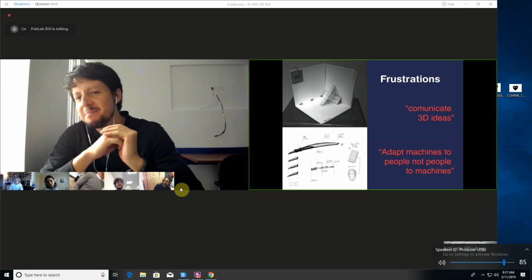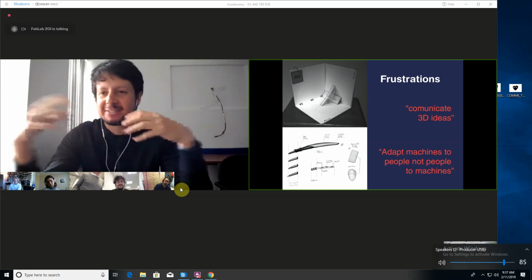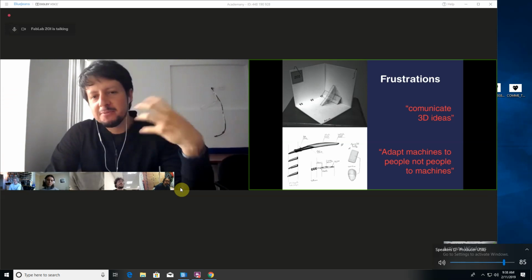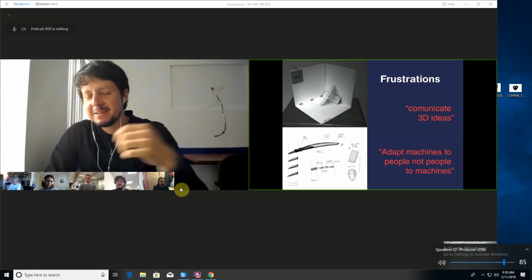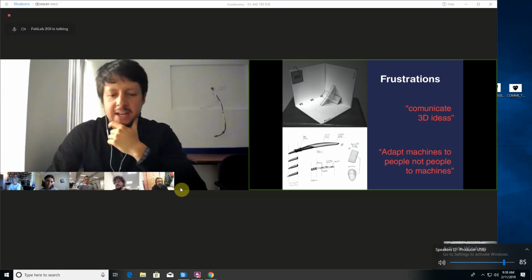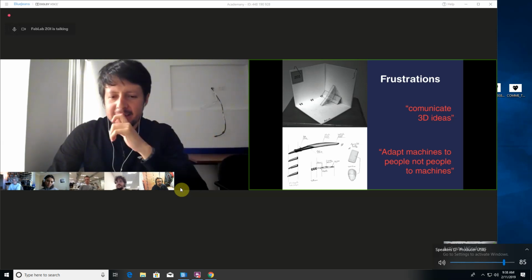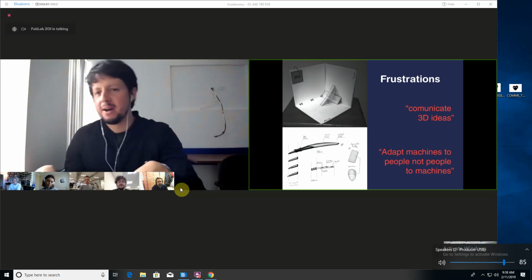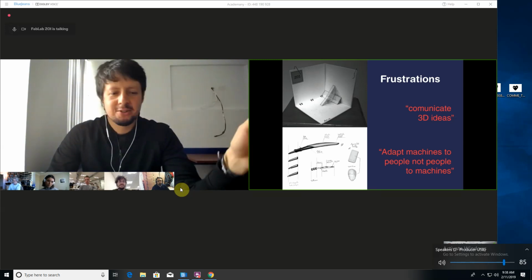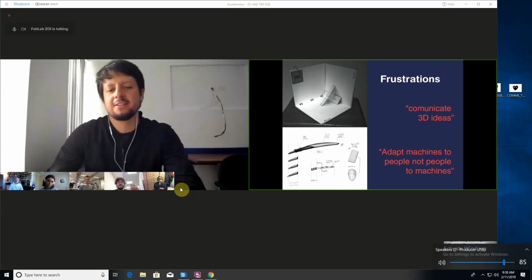What moves me, my motor, is frustrations. When I get frustrated, I start to be creative and propose ideas and solutions. So I got some frustration in my career, and one was about drawing, 3D drawing. I'm left-handed, and it was really difficult for me to use CAD and keyboard and mouse with the right hand. So I decided to make a solution and propose this pen that allows you to make 3D vectors, and that gives you 3D